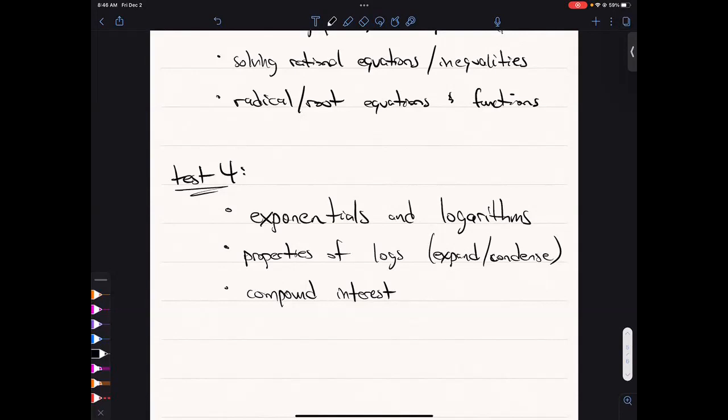Okay, so that's it, right? I know it's a lot. You've got a lot of stuff to look over, a lot of stuff to think about. But again, you guys have a fair amount of time, but the